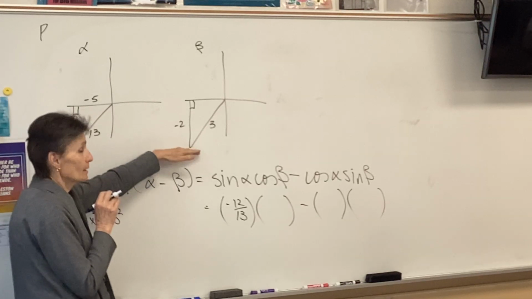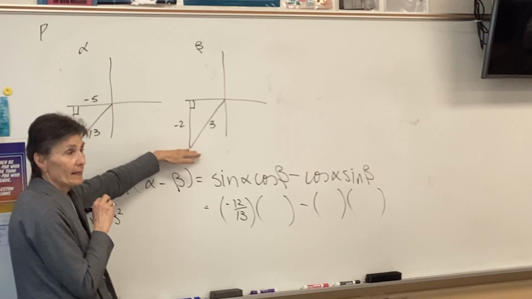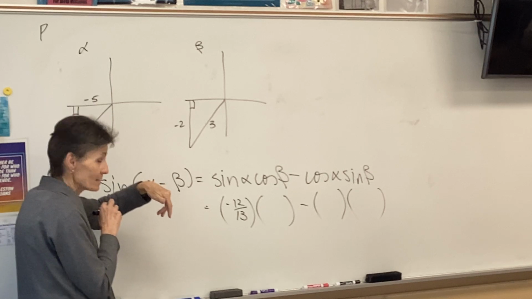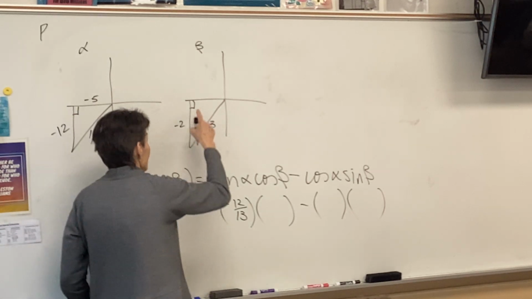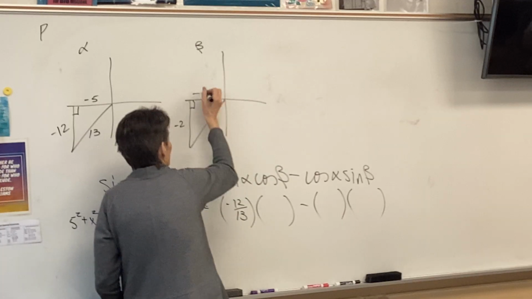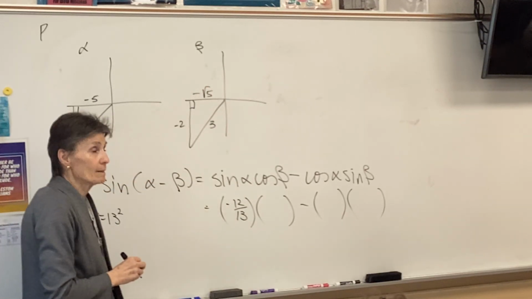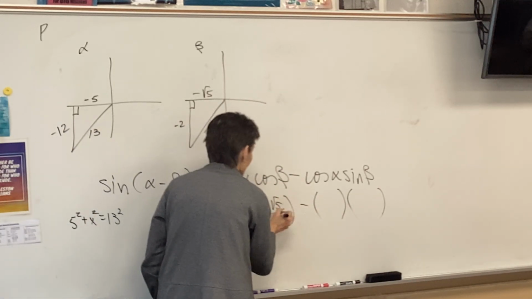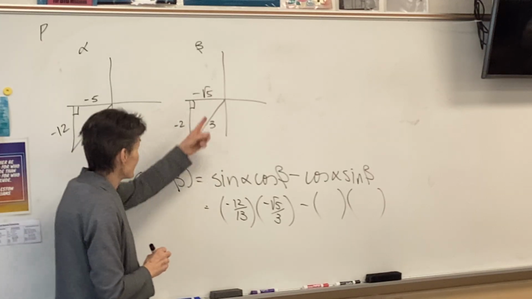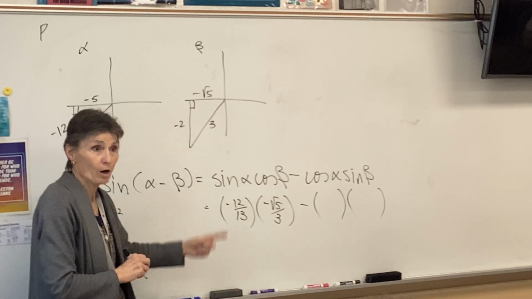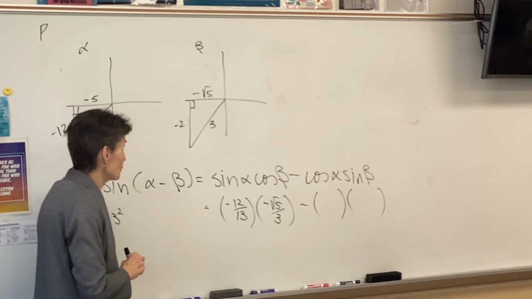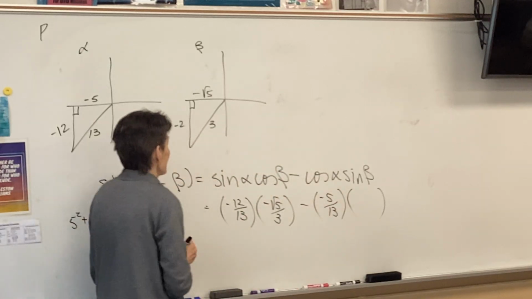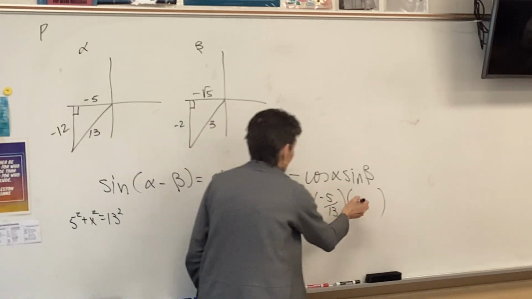Well, shoot. I need the cosine of beta, and I don't have it either. So I'll do the same thing. This one isn't going to be as nice. What is that side going to be? Negative root of 9 minus 4. So the cosine is negative root 5 over 3. Adjacent over hypotenuse, x over r. Cosine alpha. Got it. Negative 5/13. Sine beta. Negative